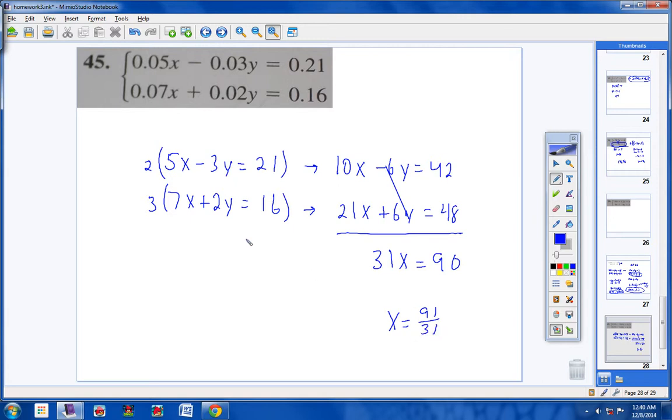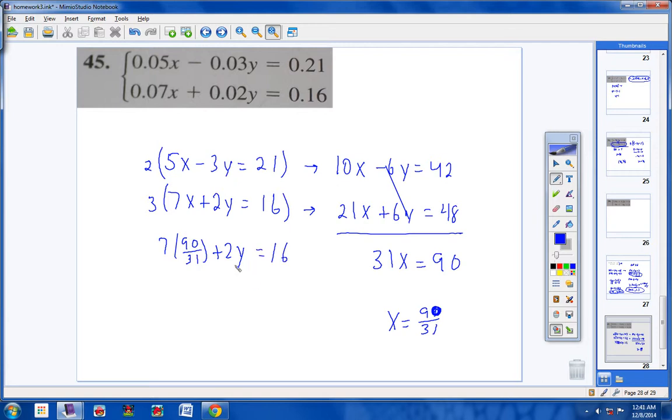So there's your answer. Now we come over here and where the x is, and it doesn't matter which equation you use, students. You can use this one, this one, this one, or this one. But I'm going to use this one here because I have some room below it to show my work. So I'm going to put 7 parentheses, and it should be 90, not 91. 90 over 31 plus 2y